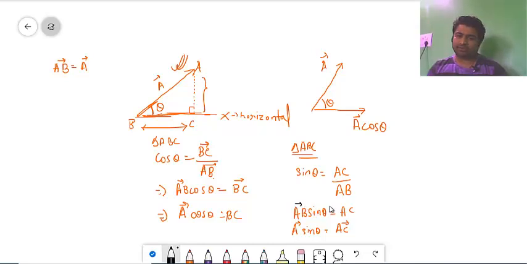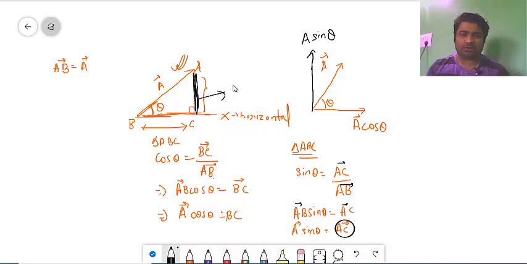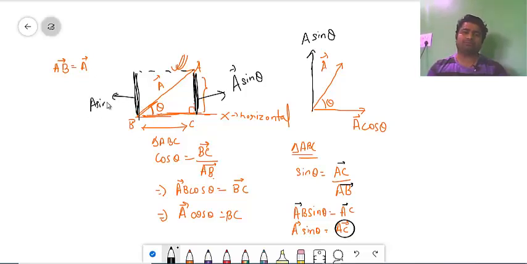So let us give the vector sign to everyone, as we do in every class. So what I got is that if this is my A vector, I can say that this one is my A sin theta. How can I say? Because AC is the vertical part, and this equals how much? I can draw the same length of line and call it A sin theta, and this part BC I have just calculated as A cos theta. So this one is how much?